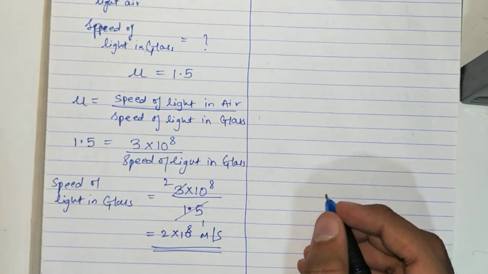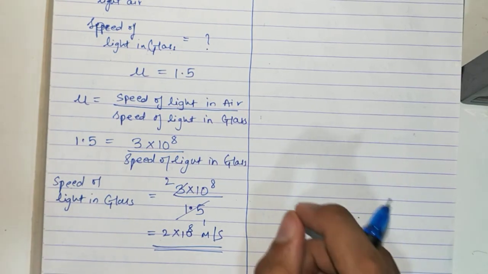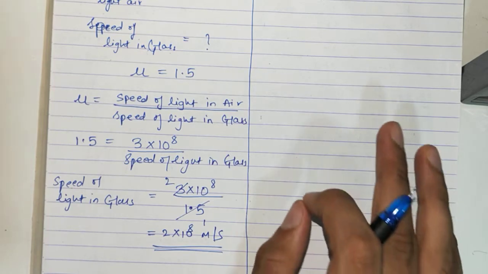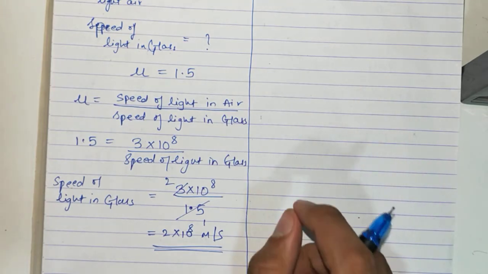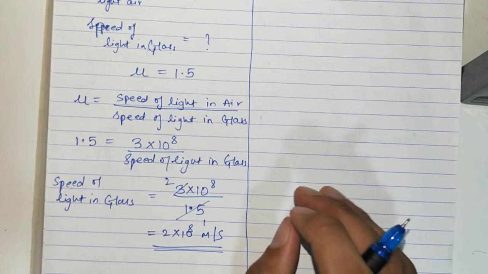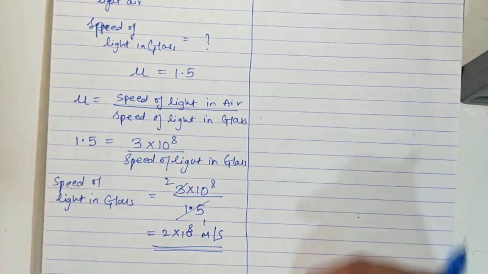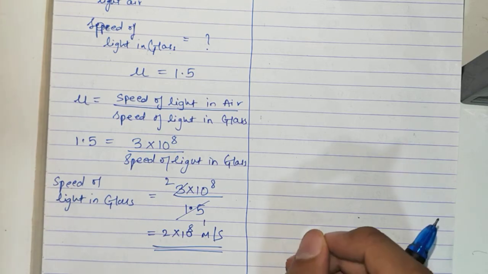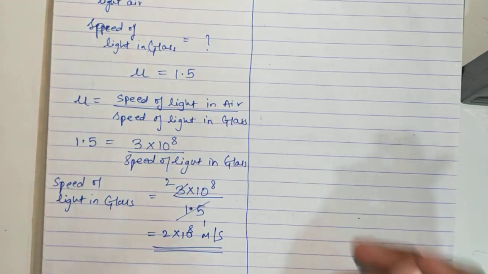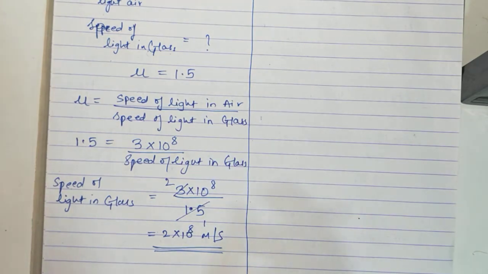Copy it. Maintain your numericals in a book. For your physics, maintain a separate notebook and write all the numericals there. Do not just write here and there, because in the end you will need these numericals for revision and you won't be able to find them anywhere. I have given you the notes also for physics numericals, but still you must have your own notes which you have solved on your own. Copy this.